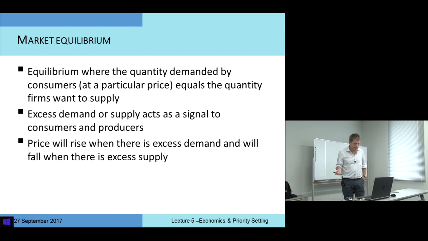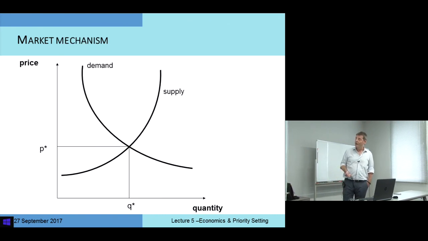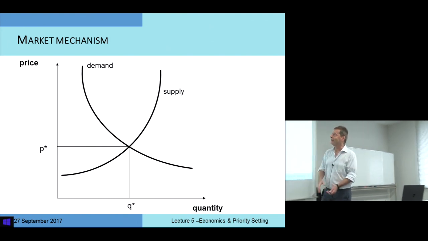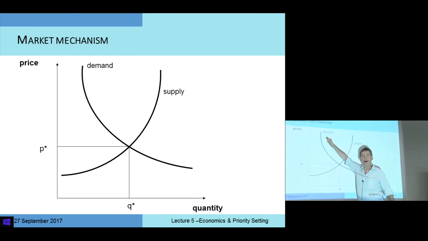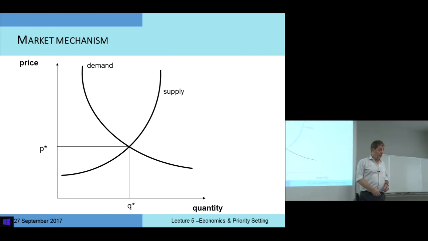Okay. Price will rise, we predict, when there's excess demand, and will fall when there's excess supply. So now these are just stylized demand-supply curves. They don't have to be exactly this shape. It's just if you're drawing things in PowerPoint, it's a lot easier to go with the curves that are readily available. But they have that feature: demand curve downward sloping to the right, supply curve upward sloping to the right. So that would be a situation of equilibrium.